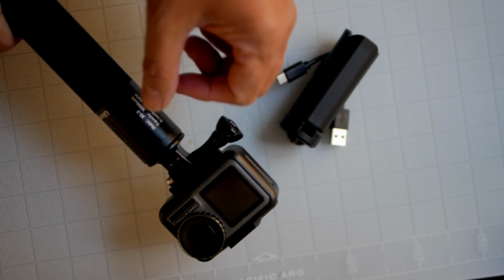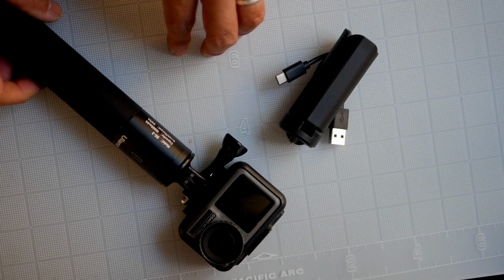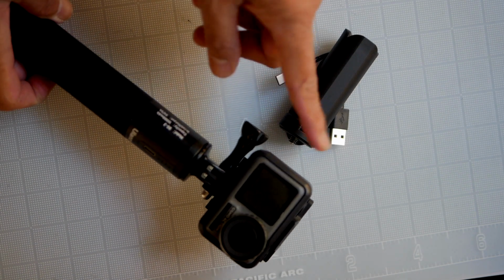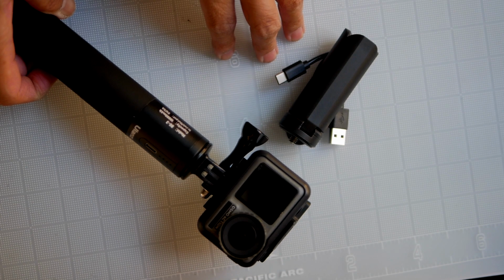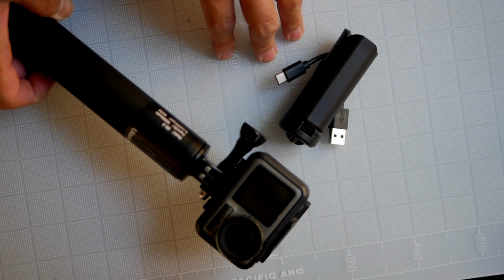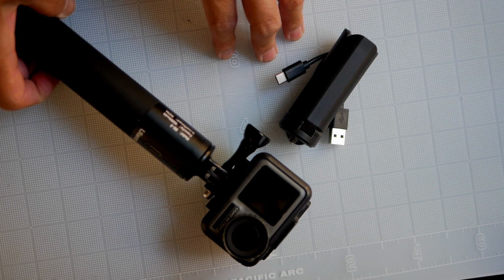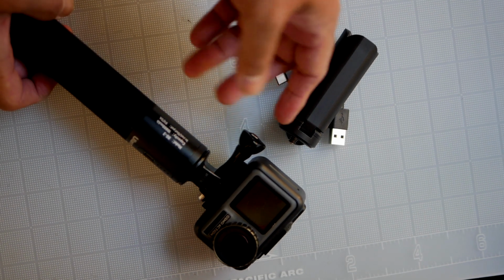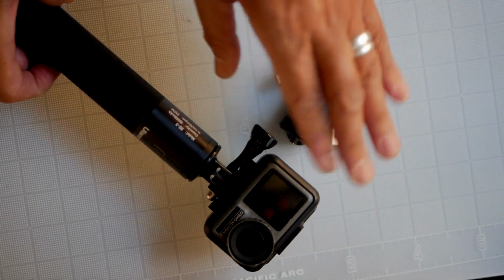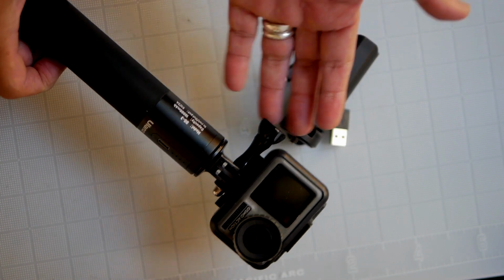The batteries that come with an action cam, that you take out, typically hold only about 1,200, 1,300 milliamp hours of battery life, and that comes out to, in the real world, about 45 minutes. Sometimes even only 30 minutes, depending if it's a cold day or if the batteries are particularly old or well used. You're maybe getting about 40 minutes of battery life per pack. So that's fine if you're, say,